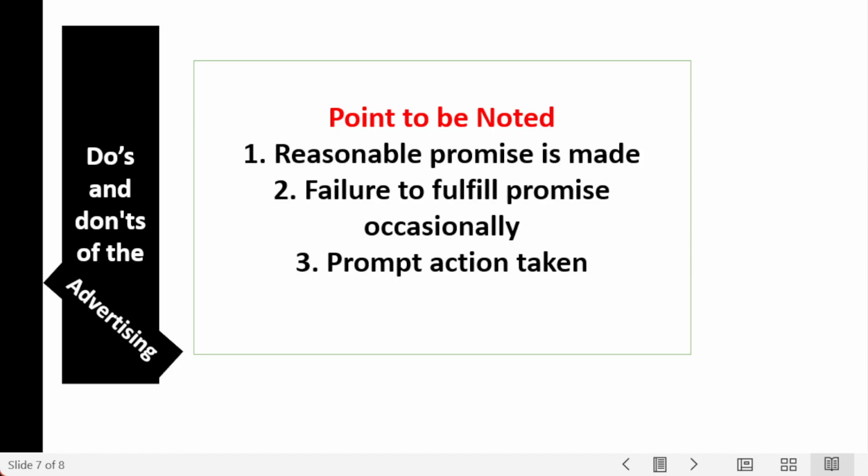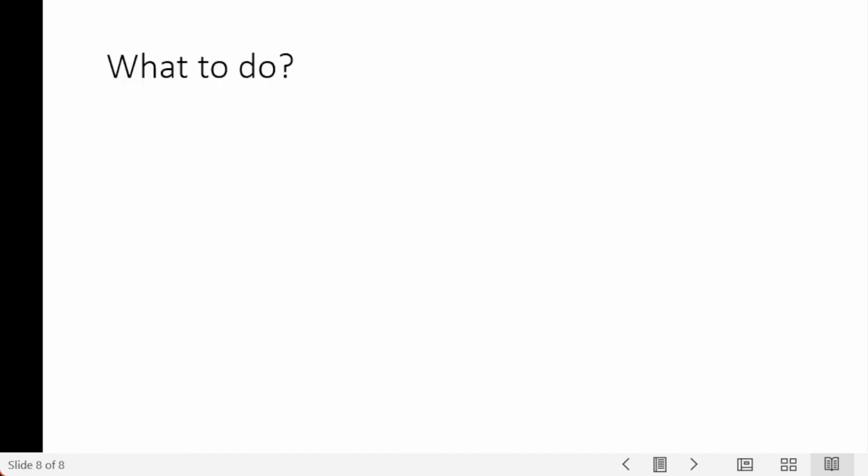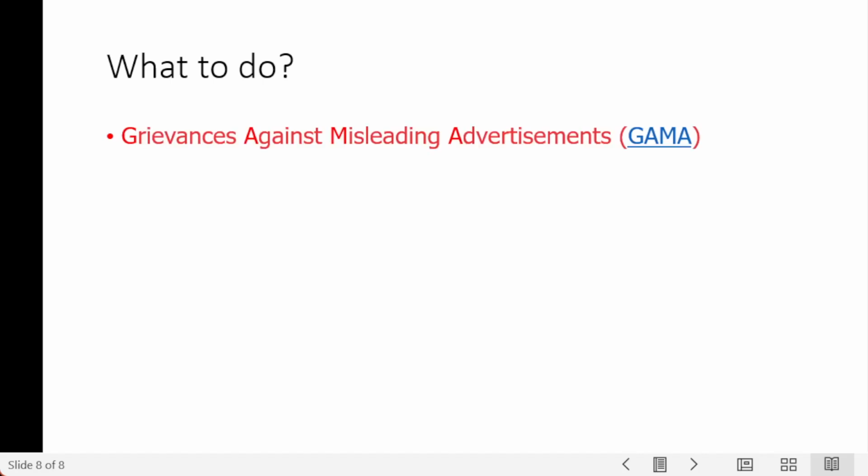Now coming to the most important part of the discussion, what to do when you come across such misleading advertisement. See, the process is very simple. There is something called GAMA, that is Grievance Against Misleading Advertisement. Now this GAMA has been created by the central government. Your only duty is to watch carefully. Any advertisement, if you feel that it is misleading, report it under the GAMA. The reporting can be done here,